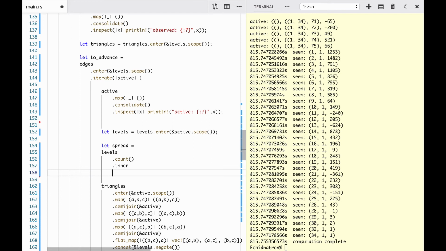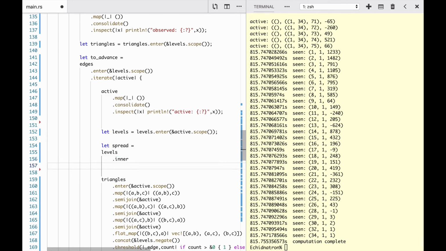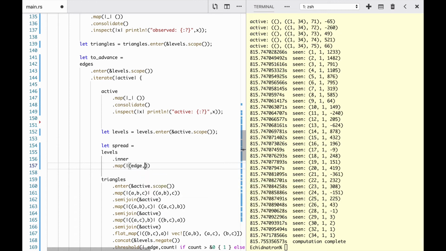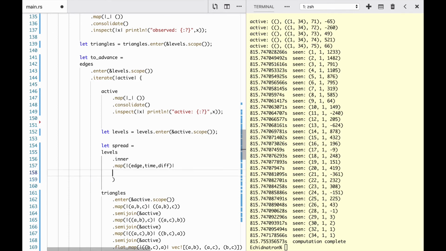All right, we're not going to count things. We're just going to do this absolutely horribly. I mean, horribly, but like fun, right? Which is that this is a map. What comes in here? There's some data. It's an edge, comma, time, comma, diff, and what we want to do is create a new one of these. We want to create a new edge, time, diff pair. But we're gonna absolutely cheat, and